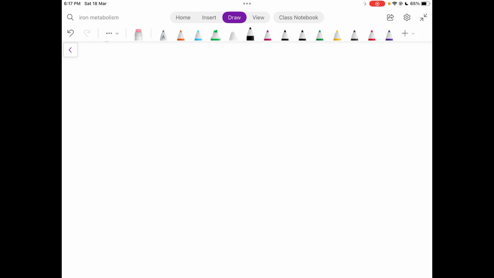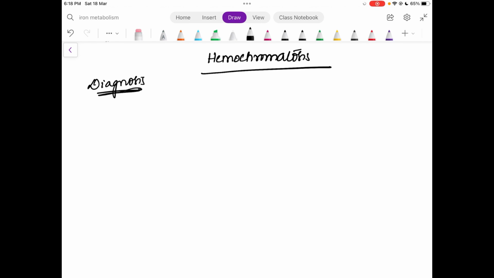Today we are going to discuss the diagnosis and treatment of hemochromatosis. First we'll discuss diagnosis. How do you diagnose a patient coming with symptoms related to hemochromatosis? First, in diagnosis we have to assess the degree of